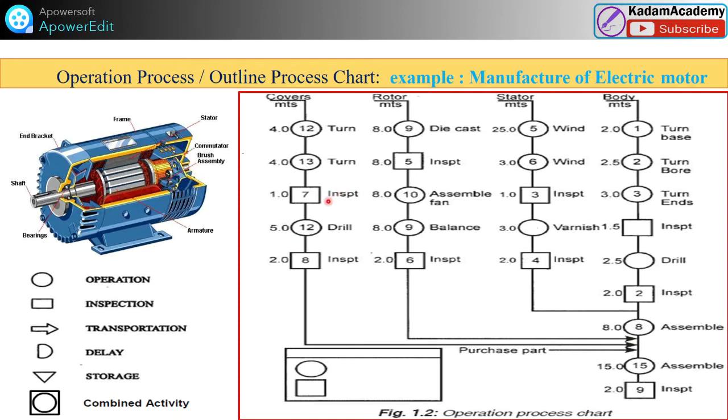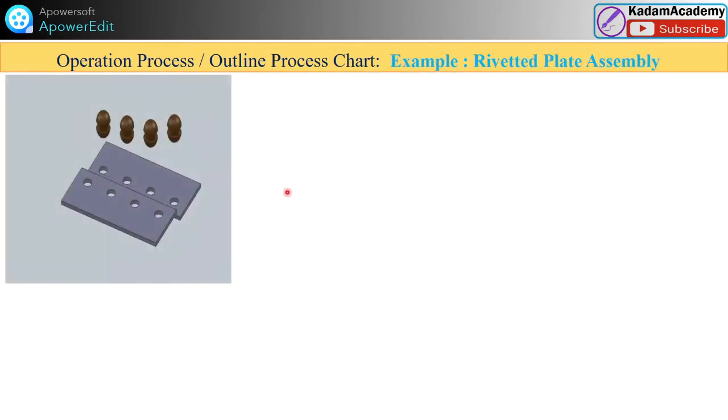So whatever the process is required, we have to write here on the right hand side, and on the left hand side the timing, and inside the sequence. So write like this. You can read and construct for any industry, small scale industry. One more example I will show you, a small example.